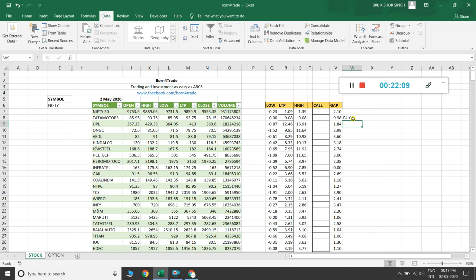That is buy plus signal. Why? Because here open is equal to low, then it gives me a buy signal, and here open is equal to low, then it gives a buy signal.